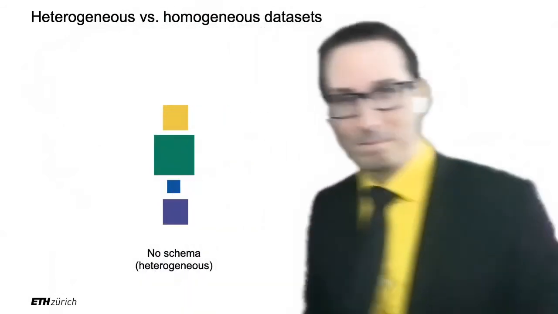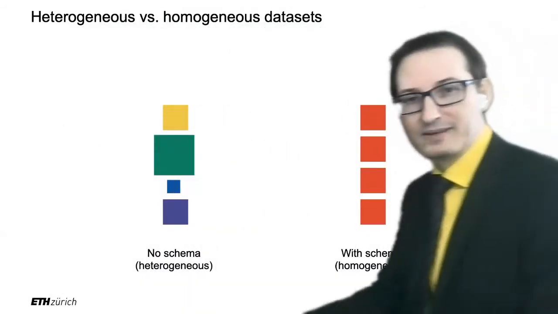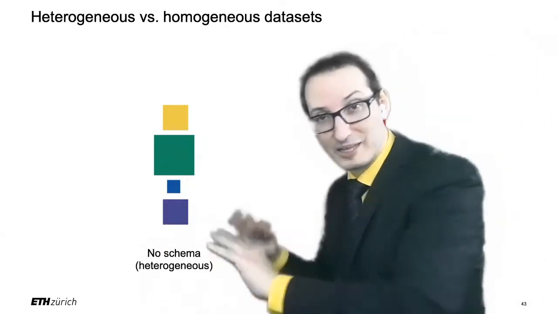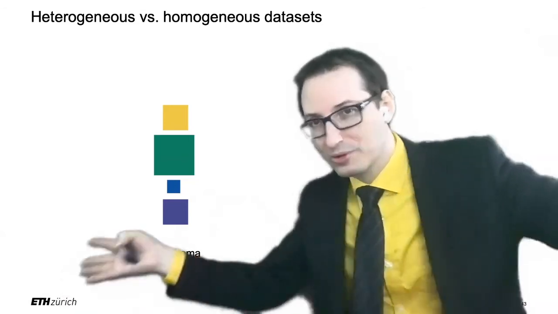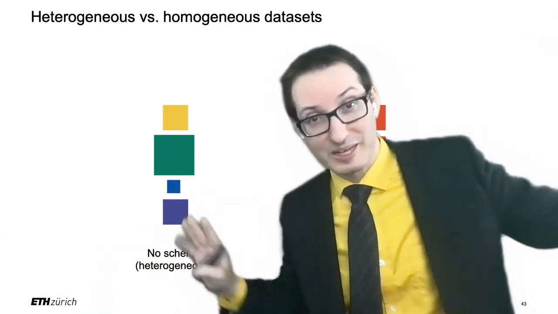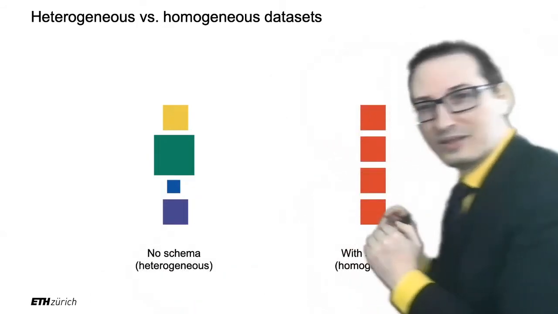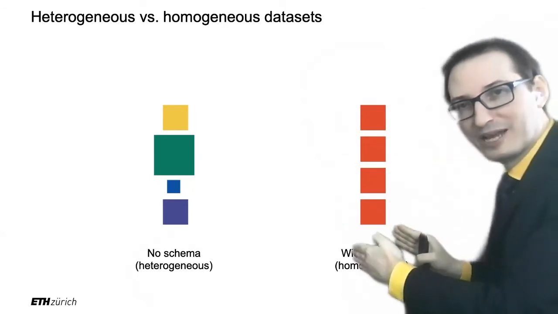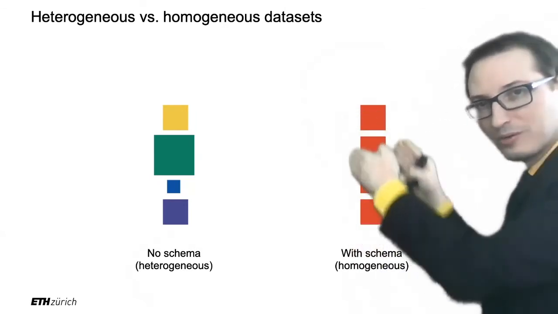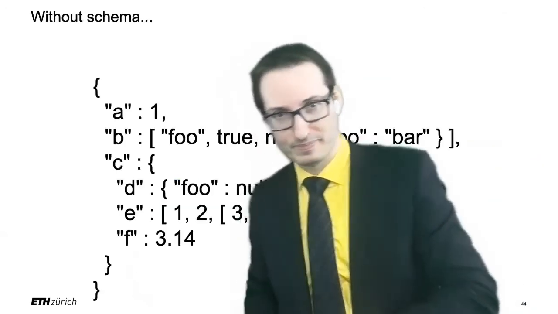So now, coming back to heterogeneous and homogeneous data sets, the idea is that if you don't have any schema, and that's absolutely fine, you're totally free to not have any schema, you just drop your data on HDFS without validating, that's absolutely fine, then it's heterogeneous. If you apply a schema, you can check that your entire collection, your billions of documents, all match against the schema, and then it's homogeneous.